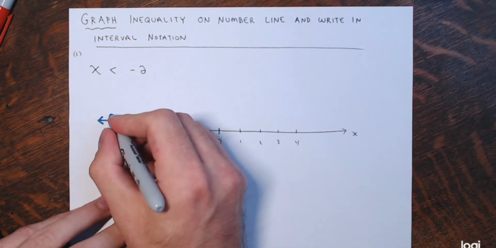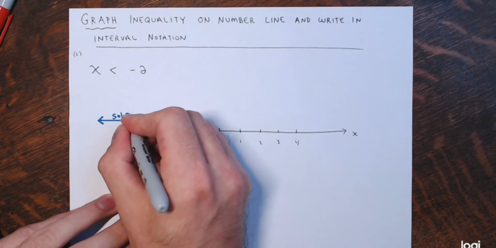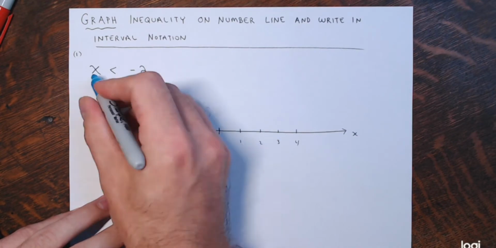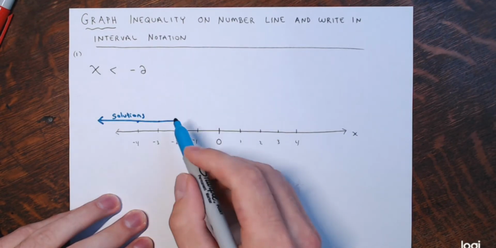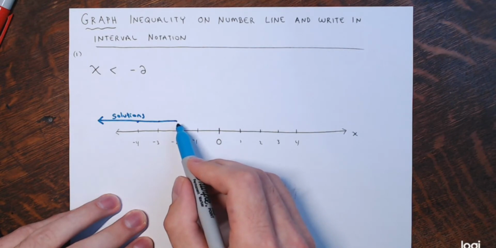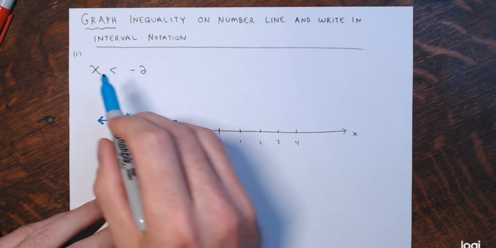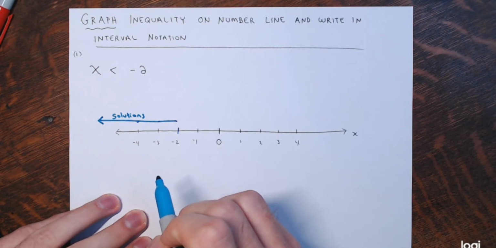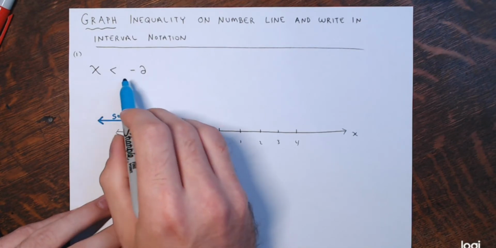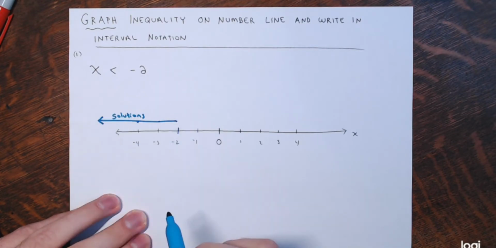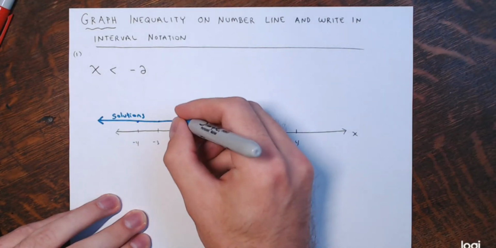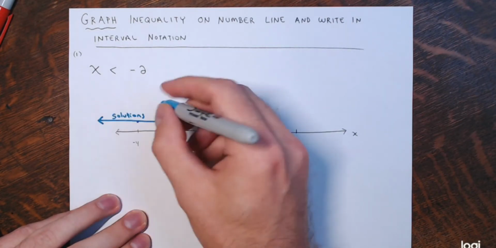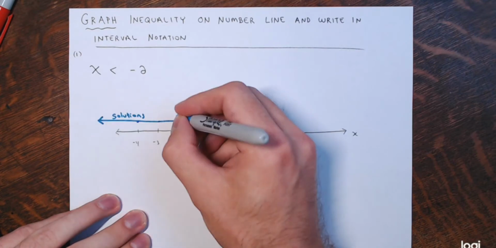All these numbers are solutions. Right, they satisfy the inequality. Now what about negative 2 itself? Well, negative 2 is not to the left of negative 2. Negative 2 is equal to negative 2, not less than negative 2. So to indicate this, I note where my arrows go, all the solutions are, and then to indicate